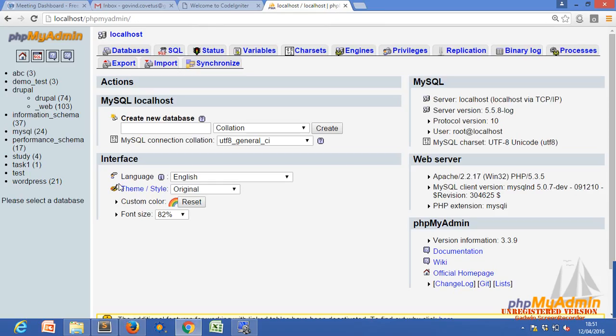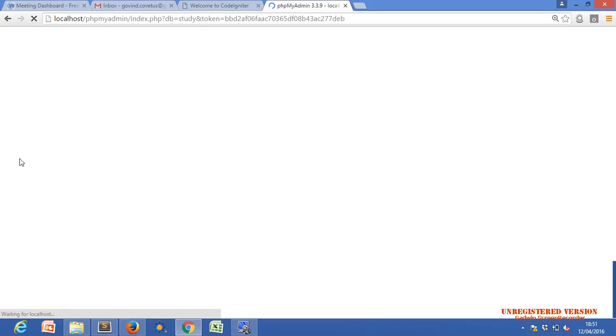Let me first check the database. Do we have to connect a database with our framework or not? Yes, firstly we have to connect with a database. We have a study database.